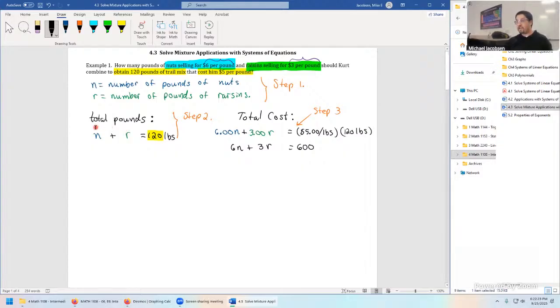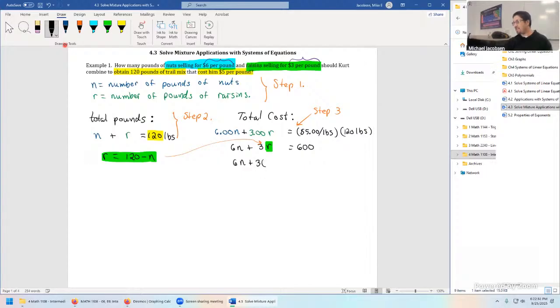You can solve for either variable here on the easier equation. Let's solve for maybe r. Subtract n from both sides. r is equal to 120 minus n. So this is going to go in the position for r on the right-hand side equation. So that copies in. Now we have 6n plus 3 times